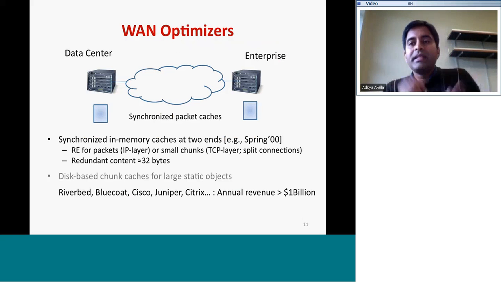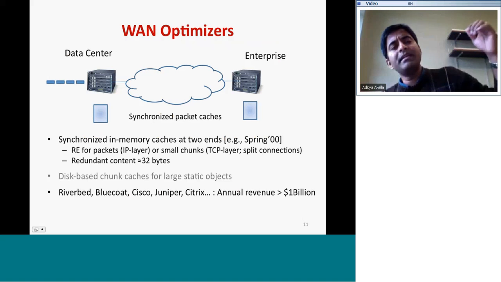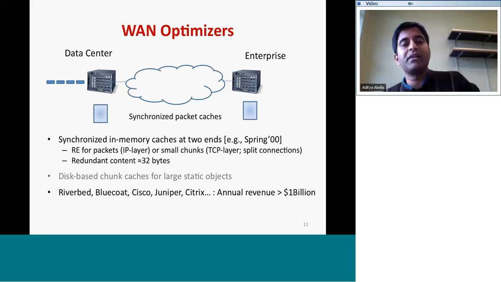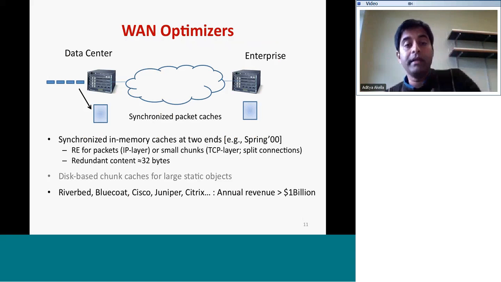So typically the way these are done is you would have these middle boxes shown here that would each have a synchronized packet cache. And this is your local data center, and this is your local enterprise, and this is your remote data center where you have now moved your applications or hosted your applications. When you want to send, let's say, responses from the data center back to the enterprise, you would look up the pieces of data that you're trying to send in this cache located in the data center. Some of these may see a hit.